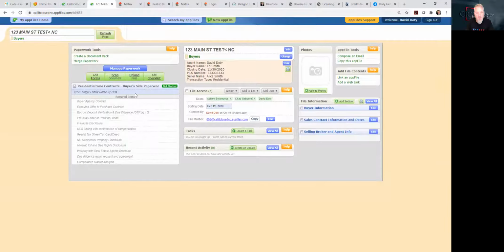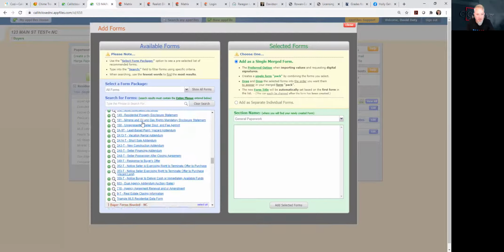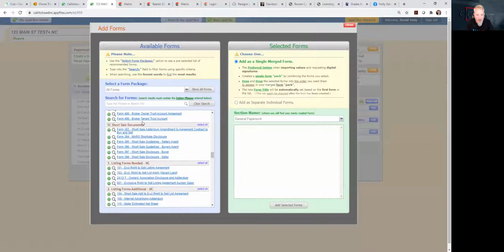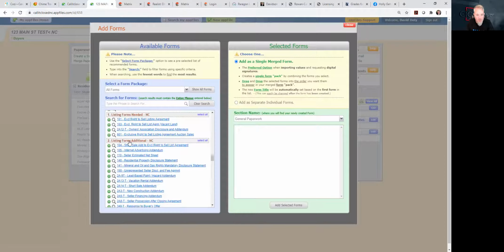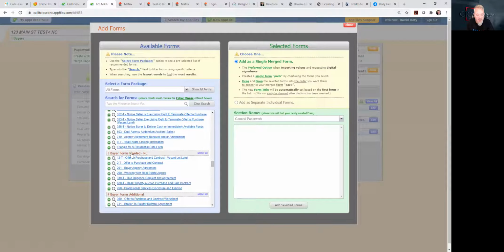And the first thing I'm going to add is, scroll down. So it's what I love, that we have all of the North and South Carolina forms already here for agents who are licensed in both states. And so here we go to North Carolina. This is for listings, and then buyer forms needed. So here's the offer to purchase and contract, but we're also going to do the buyer's agency agreement. We've also got to make sure that we have the working with real estate agents brochure in there. So I'm going to just hit plus,